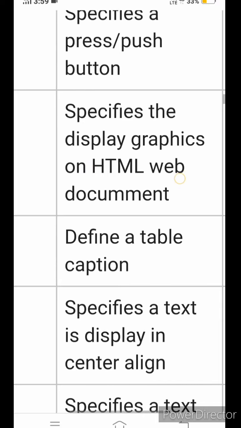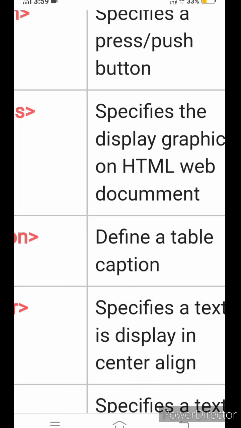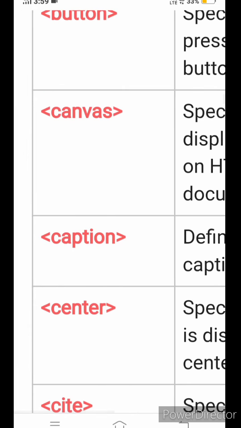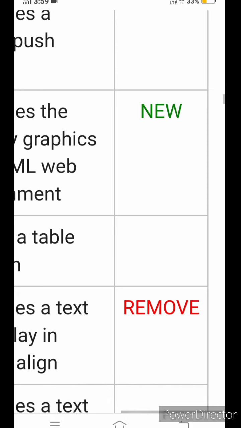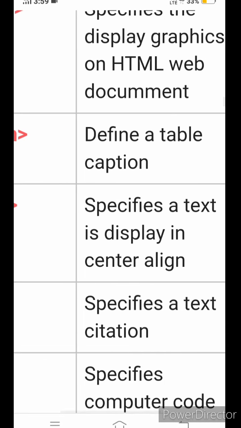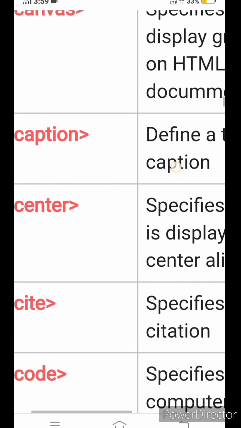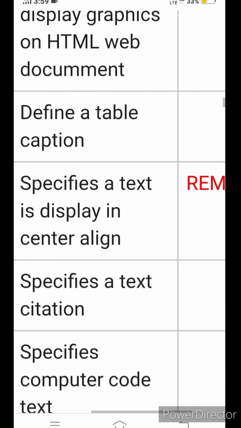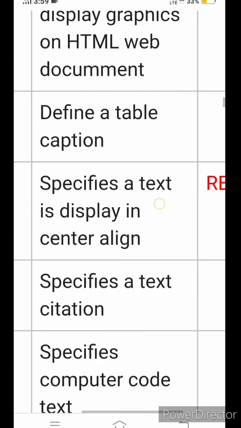Canvas tag specifies the display of graphics on an HTML web document. If you want to create graphics in your HTML document, you will use this canvas tag. This is new in HTML5 version. Caption defines a table caption. If you want to write a table caption, you will use this caption tag. This is also in both.